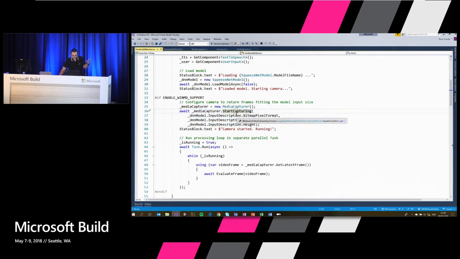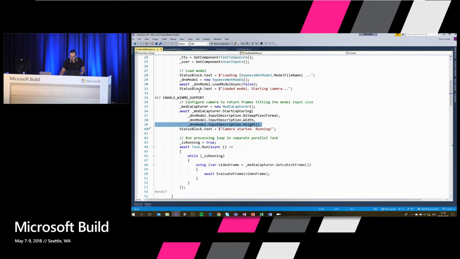So I'm calling the method I've written, start capturing, and I pass in the input description. So I pass in the pixel format and the width and the height I got from the WinML model loading. So that's also pretty nice. They actually can tell me what is the expected input size. They would actually take care of automatically downscaling it or scaling it to the right size, so you don't have to worry about it. You can just pass in whatever image you have. But in order to save some cycles and get best performance, I actually can also ask UWP Media Capture to give me the frames in the right size already, right? So that's what we're doing here. So I'm just passing in those values.